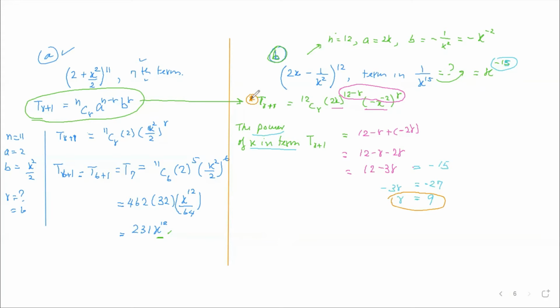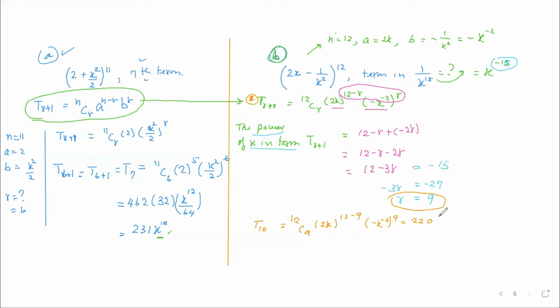So under this one, so become r, we know it's a 9. So replace r here, 9. 9 plus 1 become 10. Equal to 12 C9. Right? R is a 9. And then 2x power 12 minus 9 time minus x power negative 2 power 9. So this one become, then you use the calculator, right? Calculator, 12C9 equal to